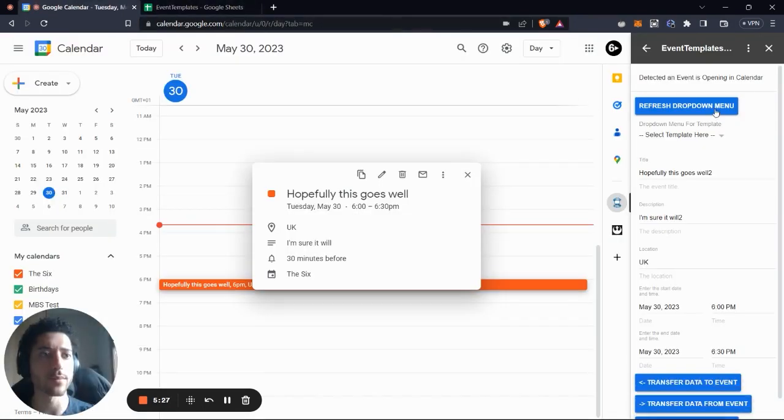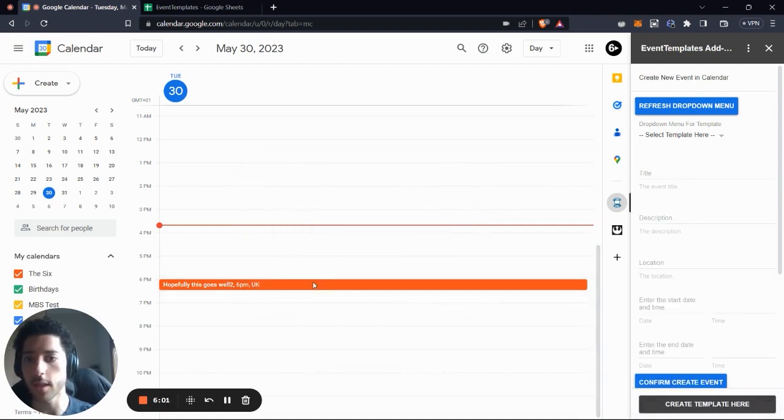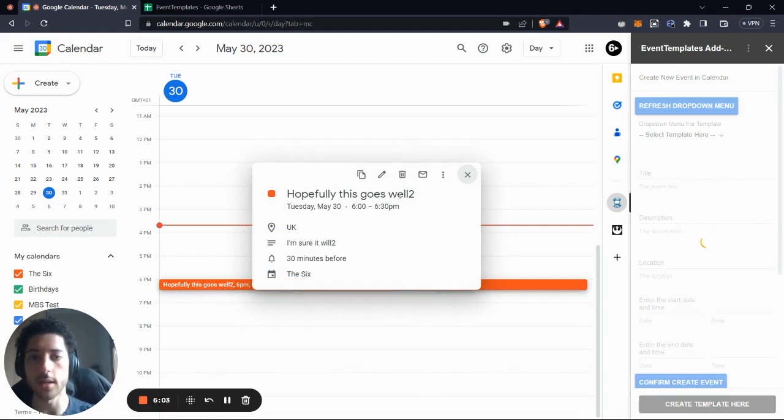I go back here and I refresh my drop-down menu. There's my template. So I want to click this, autofills everything. And I say, okay, now I want to change this event to my new template event that I've just selected. I just need to click transfer data to the event. And as you can see behind this card, it has been updated. So once I close this card and I open it up again, you can see it has the new template